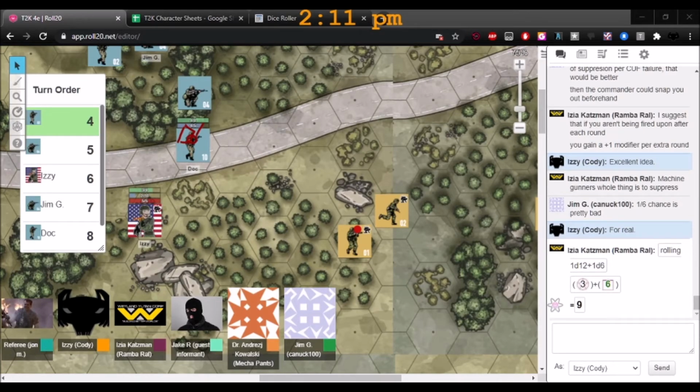Yeah, seriously. Potentially, if you're moving though, you get a -2 modifier, so it was not necessarily an automatic hit, but yeah, it would have been out in the open. But yeah, it's pretty cool. I could see playing this game a lot more. The maps are pretty neat, I liked it.